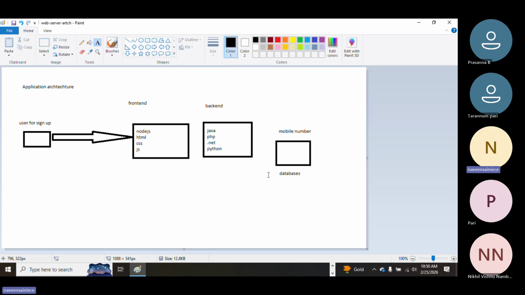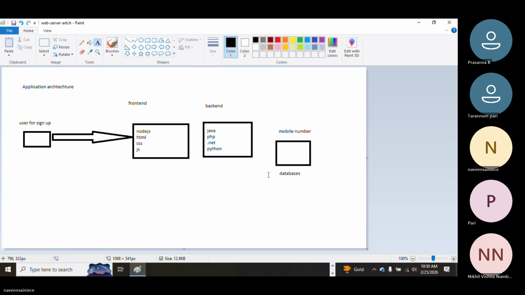Next time, whenever an existing user comes, first the user comes to the front end and types the existing mobile number, OTP, password, everything, and the backend will process it and check the database whether this user exists or not. If the user does not exist, it will give a response to the front end: please show not found.